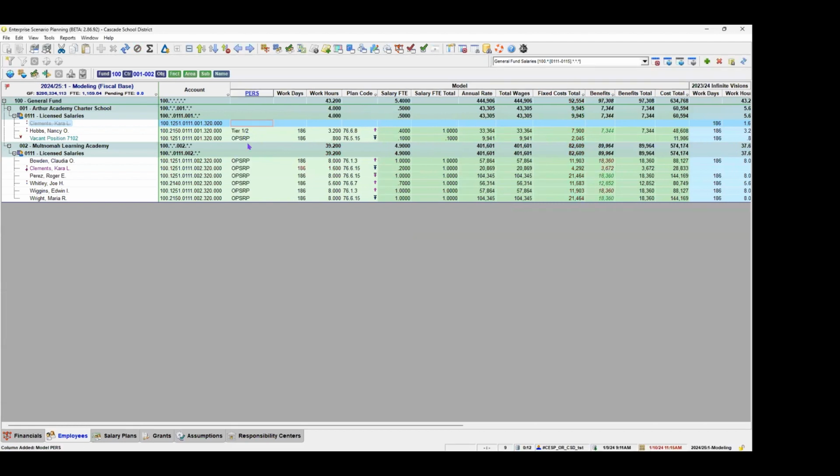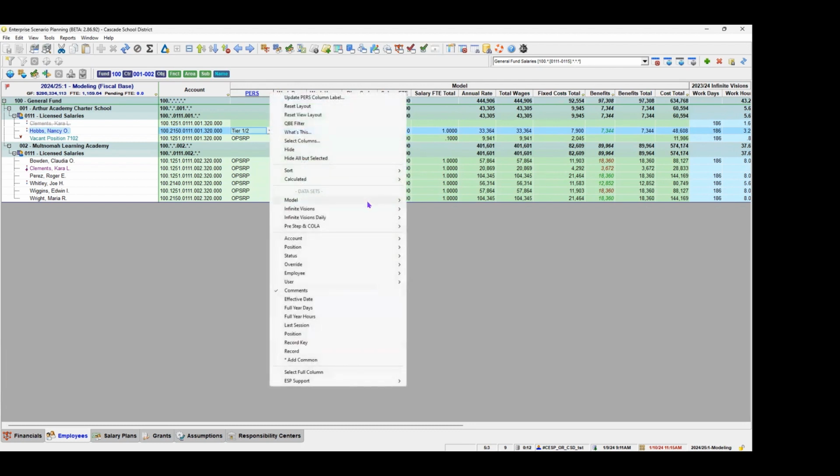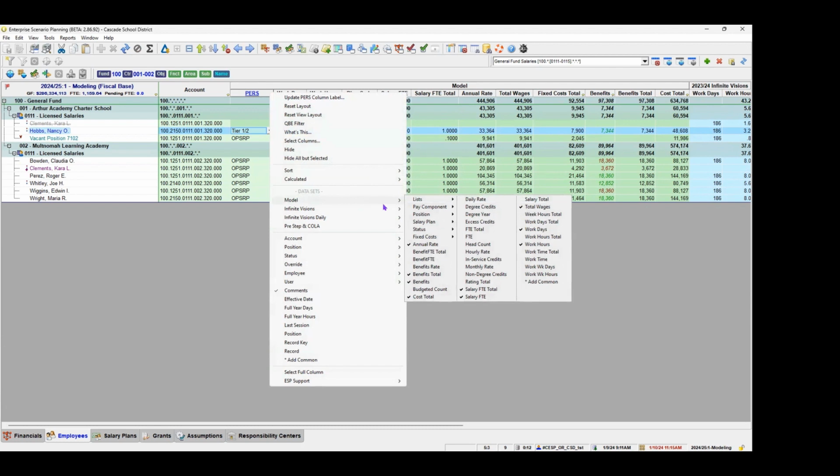Remember, we looked at one yesterday. So actually, she was not a new hire. She was moved. So her PERS status was probably already correct. But anybody that's a new employee, their PERS status might be set to waiting. But next year, they're going to be tier 1, tier 2. So you want to make sure that for these new employees that are coming in, their PERS status and workers' comp statuses are set correctly for what they're going to be getting next year. You'll want to make sure you change